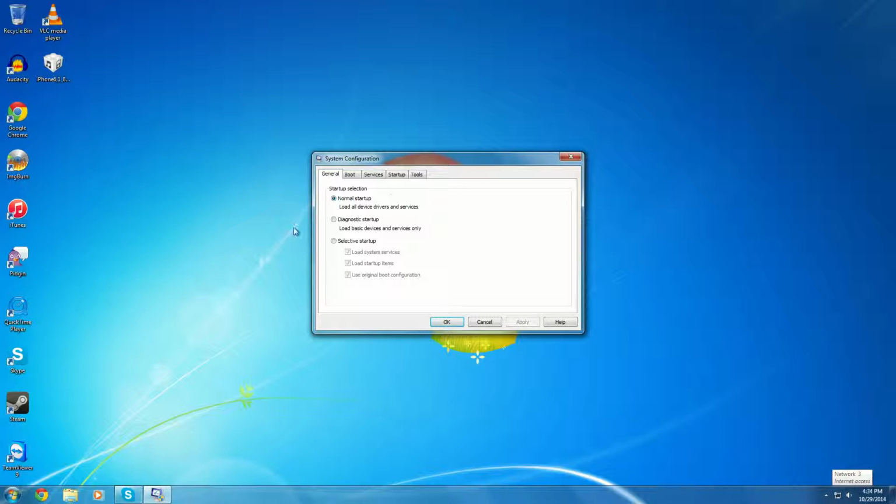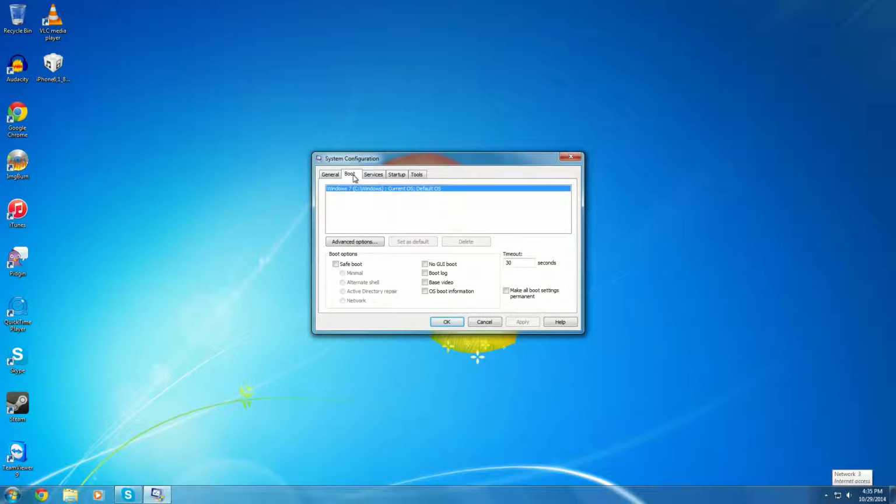So basically, I'd recommend leaving this boot tab. Okay, that's fine. I'd recommend this because it will remove the Windows 7 logo, which makes it load up faster. But if your computer freezes, you won't be able to tell. I'd recommend that. Now you're gonna see